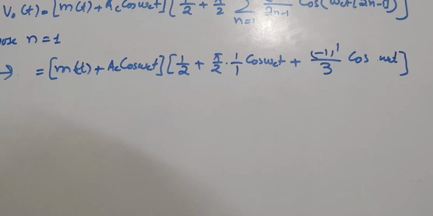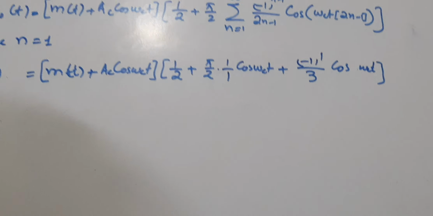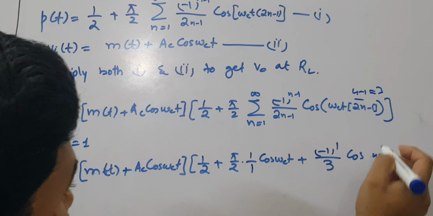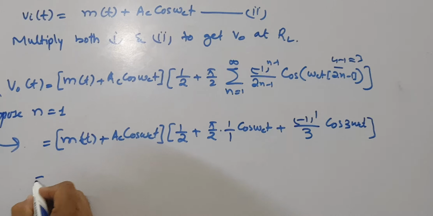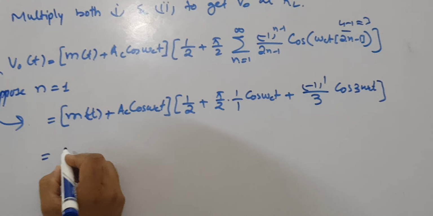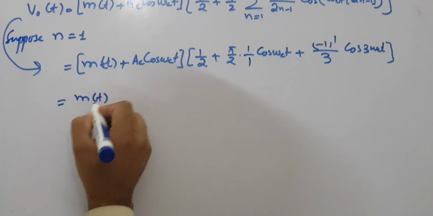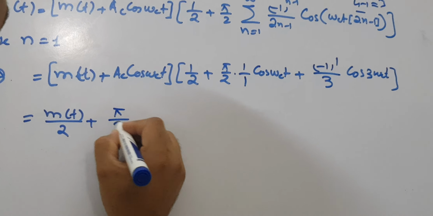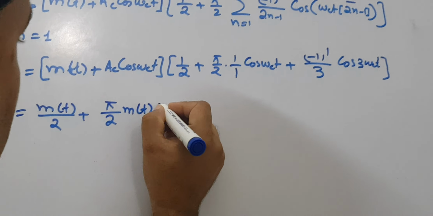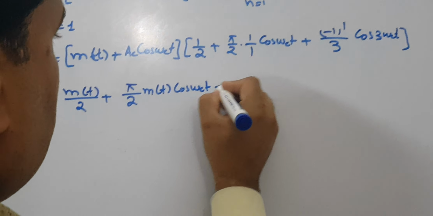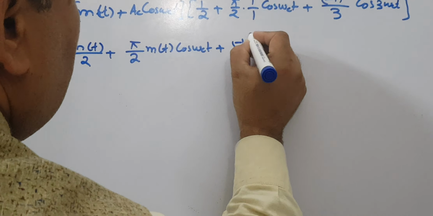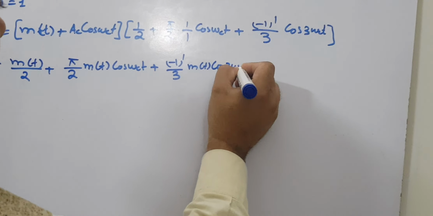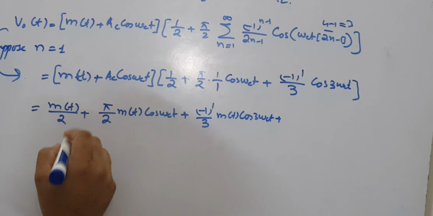cos 3ω_c t, since 2 into 2 is 4, and 4 minus 1 equals 3, so that is 3. So if you keep multiplying these values, the answer is m(t)/2 plus π/2 m(t) cos ω_c t plus (-1/3) m(t) cos 3ω_c t plus